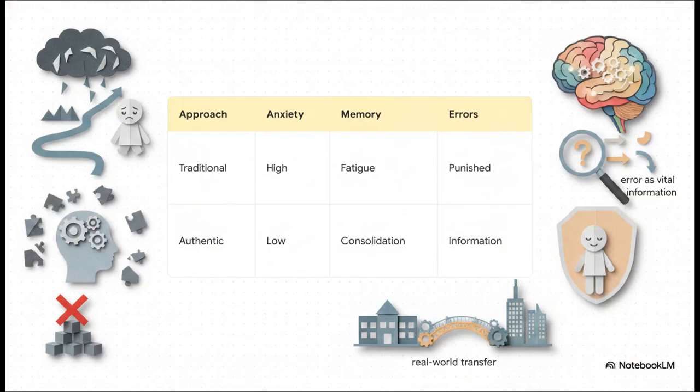Okay, we need a massive mindset shift here. Traditional exams usually just measure endurance, right? They trigger high anxiety, flood the brain with stress hormones, and heavily punish errors. Authentic evaluation, on the other hand, treats errors as vital data points. It provides the psychological safety necessary for the brain to transition from mere memorization to real-world transfer, all without burning